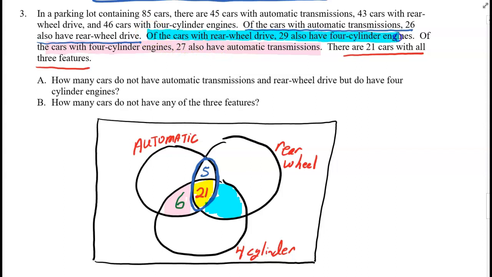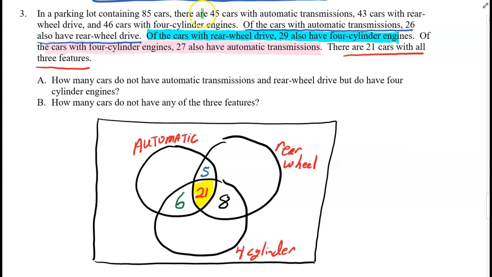There are 29 cars that fit that category. And if you take 29, take away 21, you get 8. So that's how you figure out those values in the middle of the Venn diagram. Okay, so now that we got the numbers in the middle of the Venn diagram, I'm going to go back